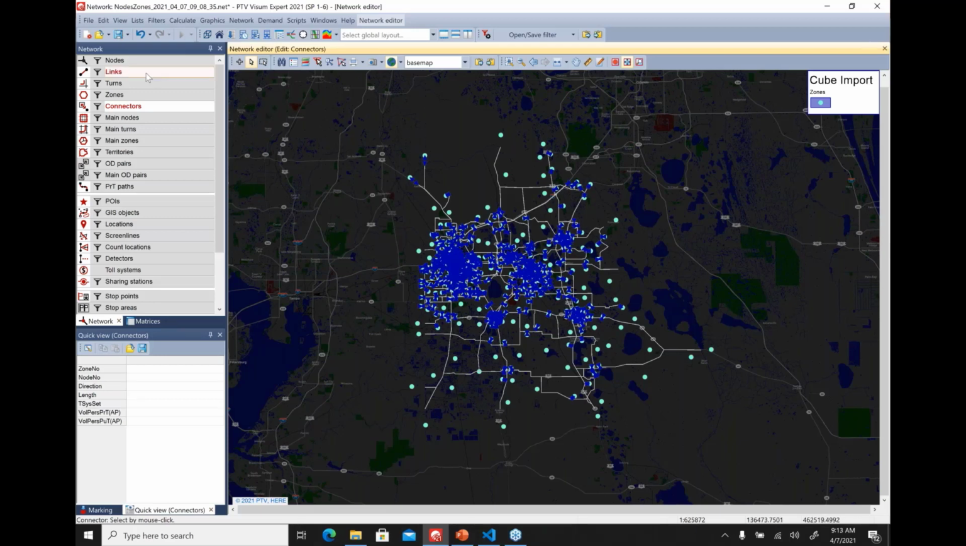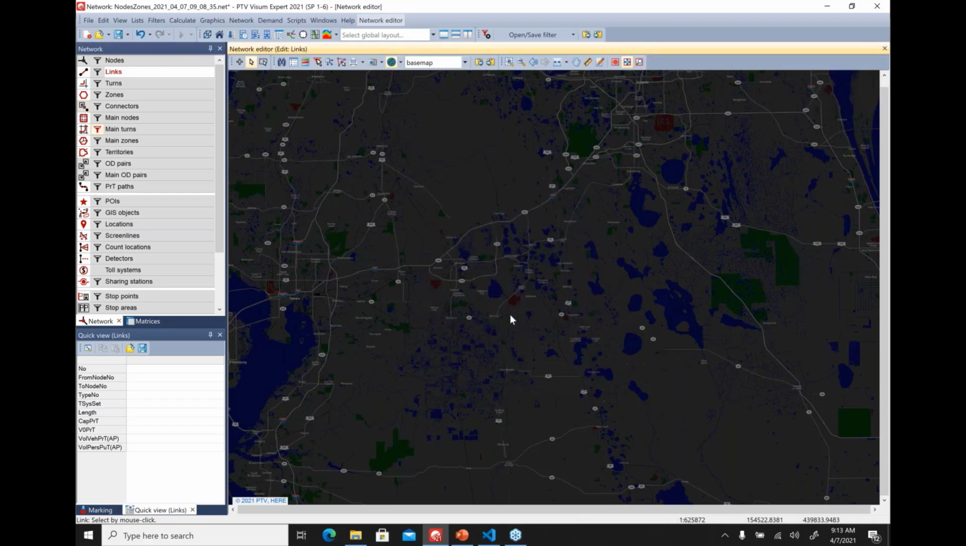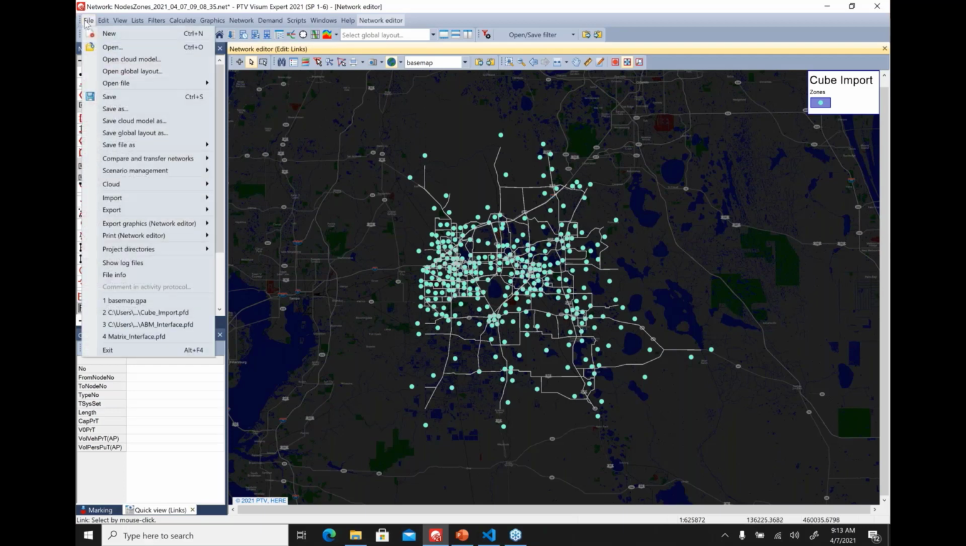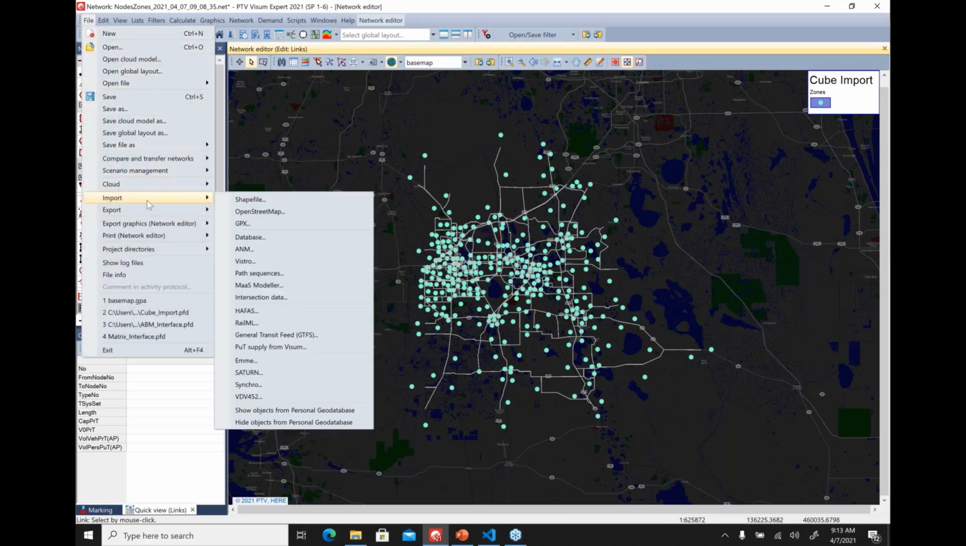Next, we want some shape data imported into this network. This would be for the zone polygons, because at the moment, as you can see, we only have the centroids defined, but we don't have any zone polygons defined in this network. So we can bring those zone polygons in using the shapefile interface. We can go to File, Import, Shapefile,